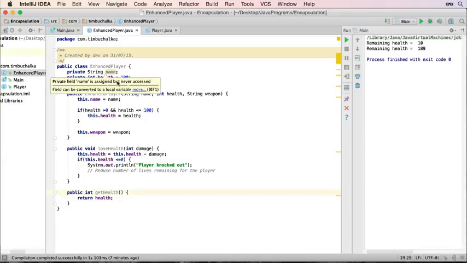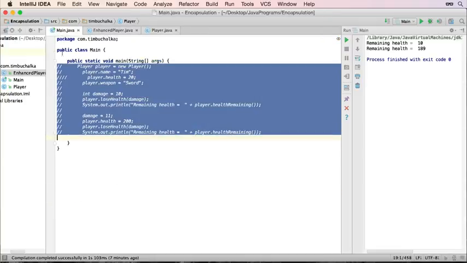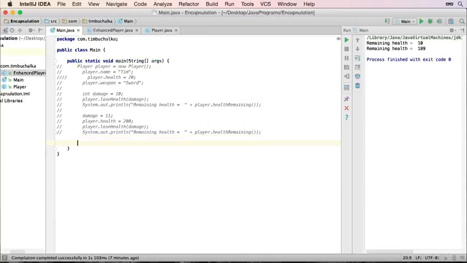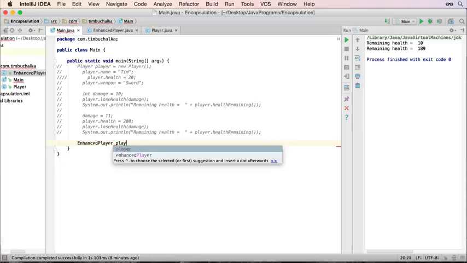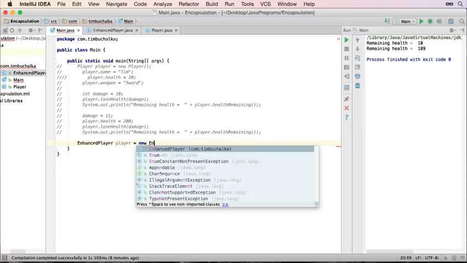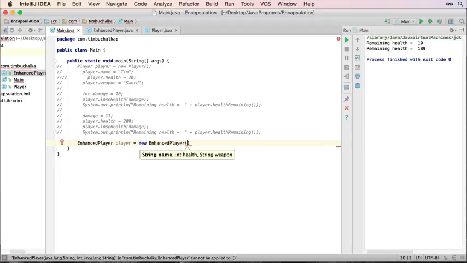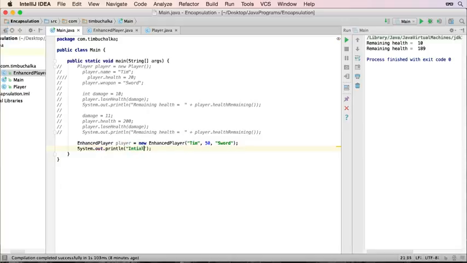So you can see already we're restricting access, because now if we go back to our one class and we do Enhanced Player, we'll call it player again. Player equals new Enhanced Player. Well, now that we've got this, we have to define some parameters. So we're going to put something like Tim, 50, sword. And just to make sure that that's working, we're going to do